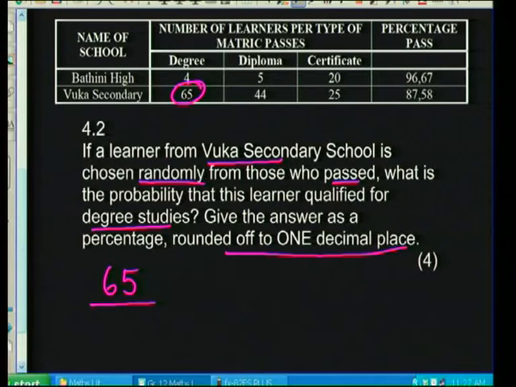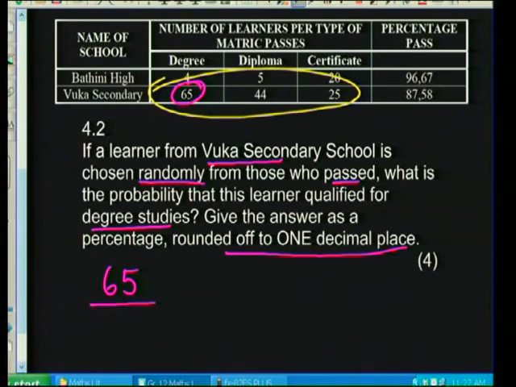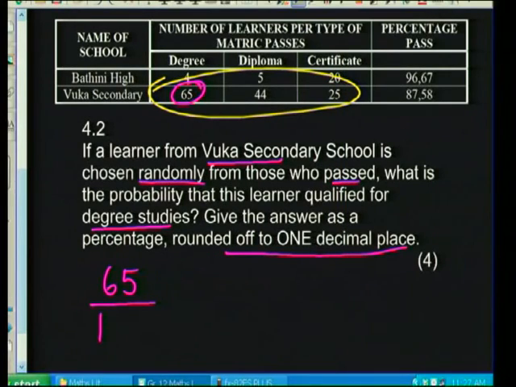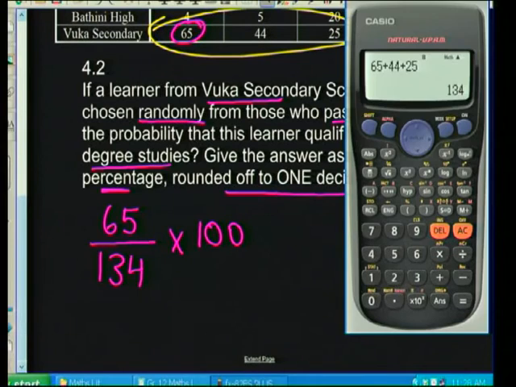So I want to add up, let's take a different color to show you that. I want to add up all of these values. So I'm going to get my calculator out, and I'm going to say 65 plus 44 plus 25. Those are all the ones that passed. There were 134 that passed. So divide that by 134, and I've been asked to give this as a percentage, and this is where it's important that we reread the question. So as a percentage, I immediately know I need to times by 100. So let's get our answer out. So we're going to say 65 divided by 134 and times by 100, get a percentage, and I get my answer